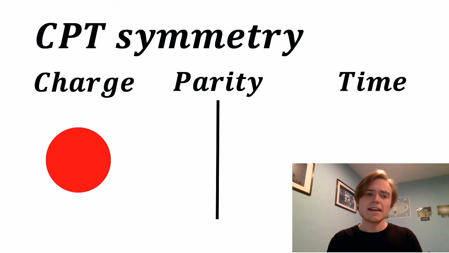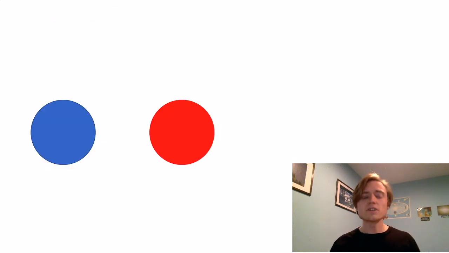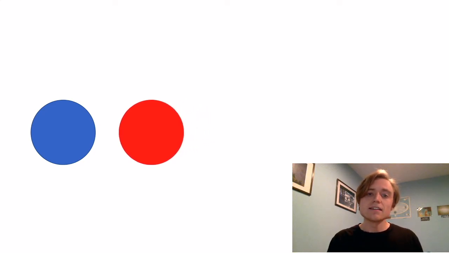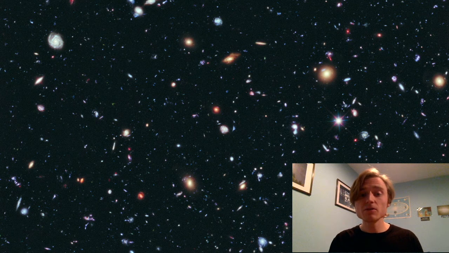You see, if there was a CPT symmetry, we have a universe that is filled with nothing. And the reason that's the case is because the Big Bang would produce an equal number of positive and negative particles, the particle and its antiparticle. And these particles, with CPT symmetry in place, would all find their antipair, collide with each other, and produce a bit of light. So we would go from a universe filled with stuff to a universe devoid of anything. So this is, of course, a big problem. It doesn't match what we see in reality. So how can we resolve this problem?